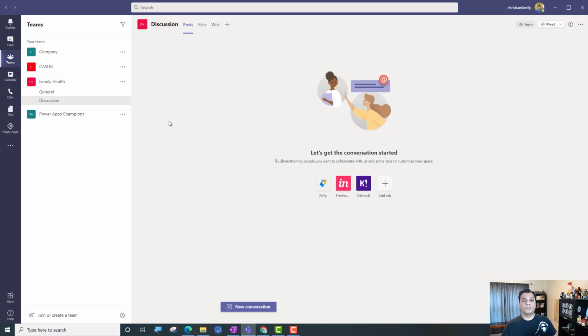So before I jump into building the forms or the poll, I want to look at two specific things, which is two users. I'm going to show both their scenarios. One is the owner of that team, and then the other one is just a regular user. All right, so let me just show that to you. I come over here, I'm going to use a team called Family Health, and I'll pretty much put everything in